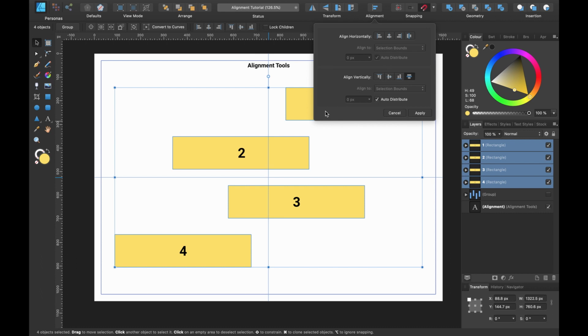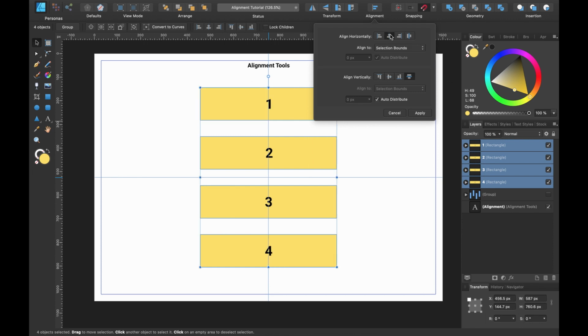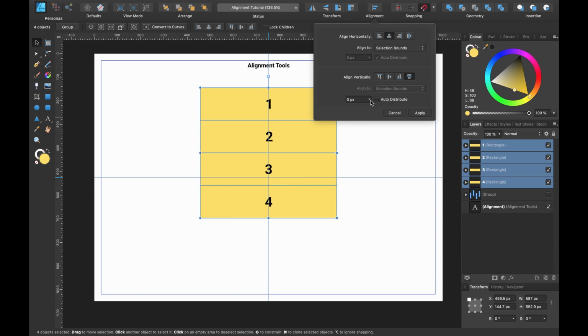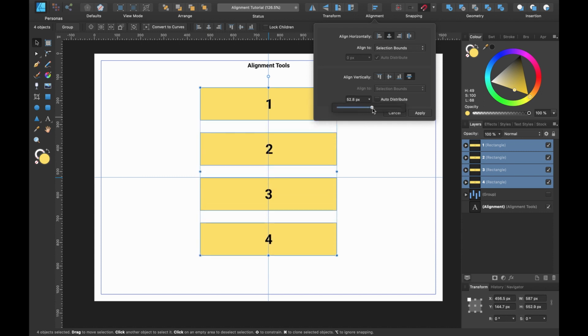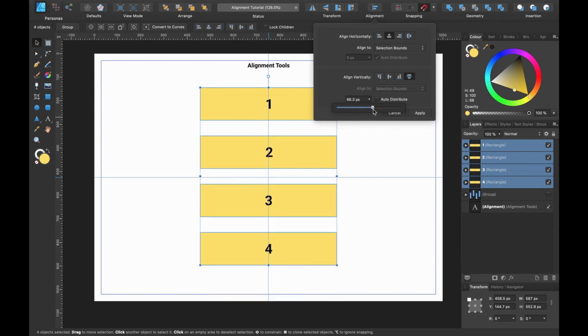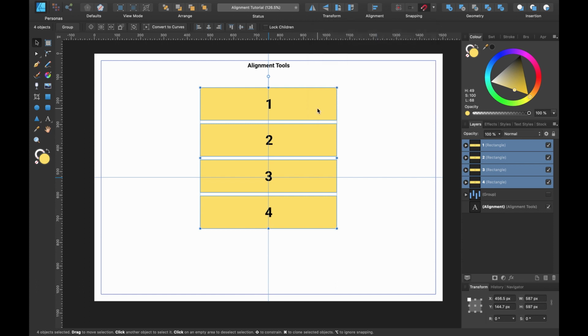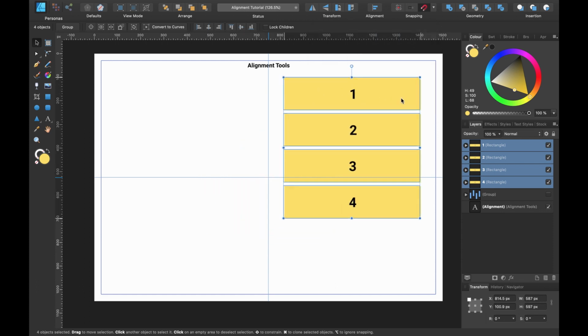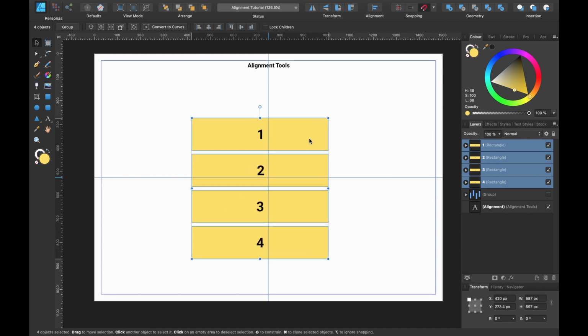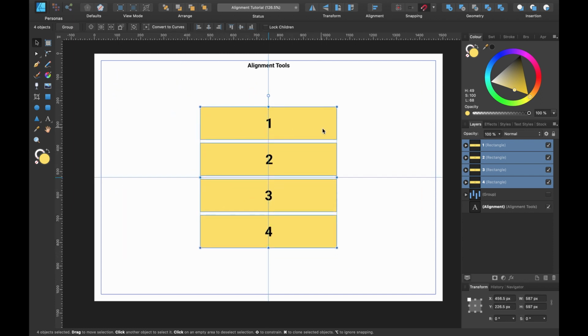And let's go ahead and tidy it up a little bit. So I'm going to head up here and select align center. And I'm going to bring them closer together. So I'm going to head on over to the space vertically, and remember, if we uncheck auto distribute, we can play around with the amount of pixels in between them. So that looks better. And I will press apply, and all of them are still selected. And you can move them anywhere on your document if you're designing something. Just makes life a lot easier.